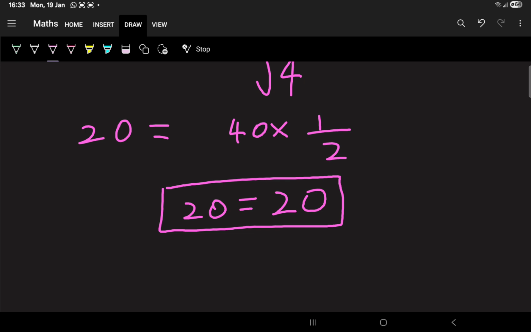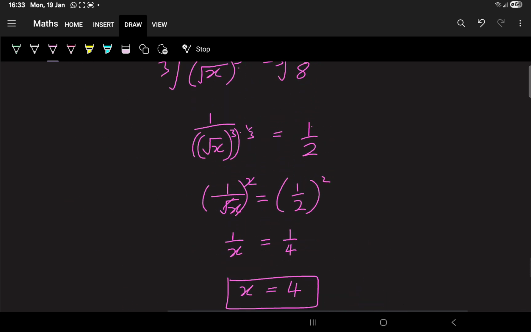Now I know this may seem like a lot, but just take your time. If you need to replay, please do. But right now I'm going to show a shorter method that you can use and it will still give you the same result. Now coming back all the way here,